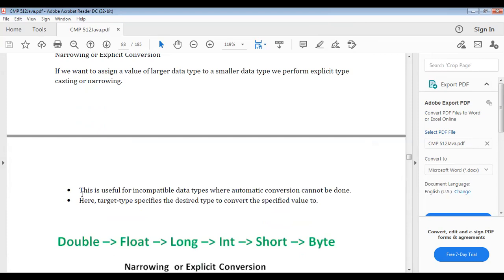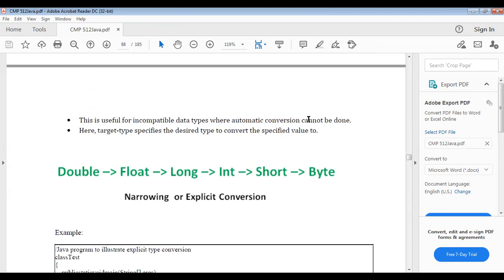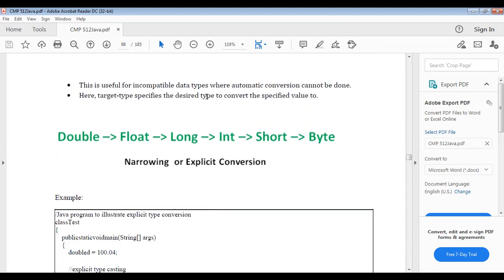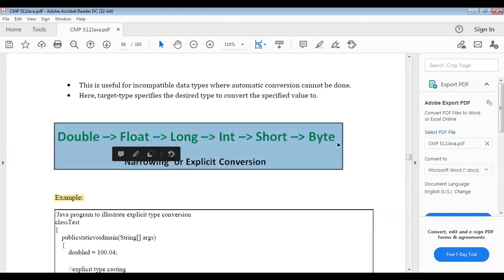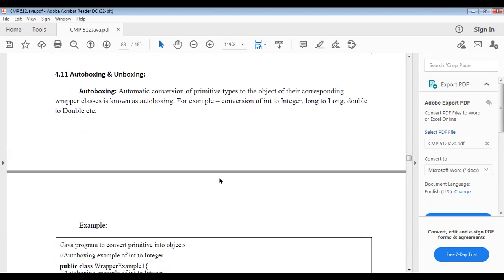Narrowing or explicit type casting is useful for compatible data types where automatic conversion cannot be done. The larger type is converted to the desired type using a cast, for example double, float, long, int, short and byte. This is a narrowing or explicit conversion.